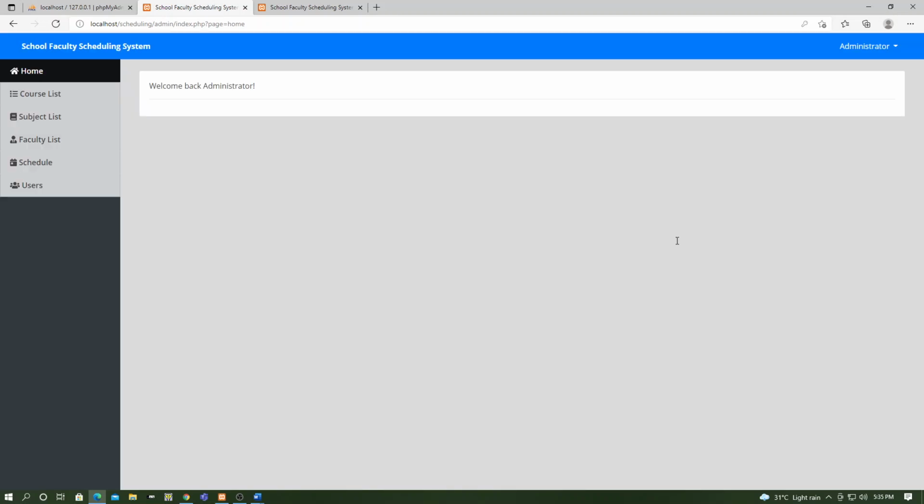And we are in the system. This is the home page, the page where the system admin and staff will be redirected after logging in to the system.